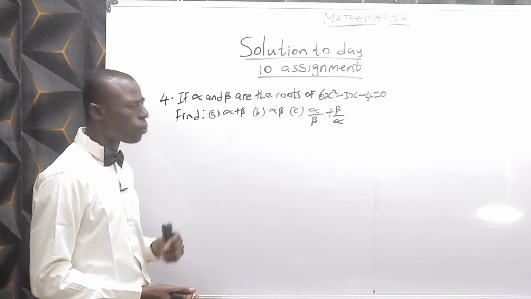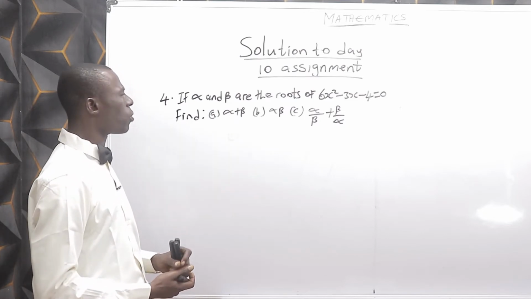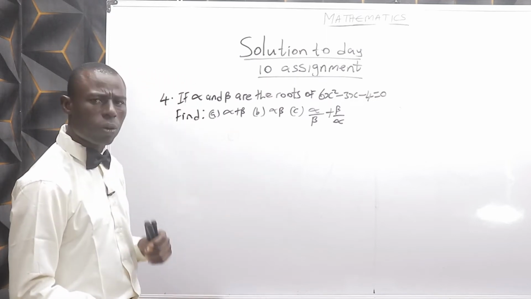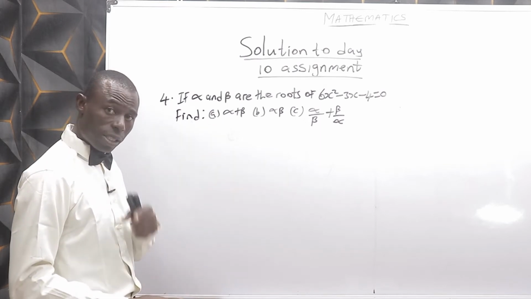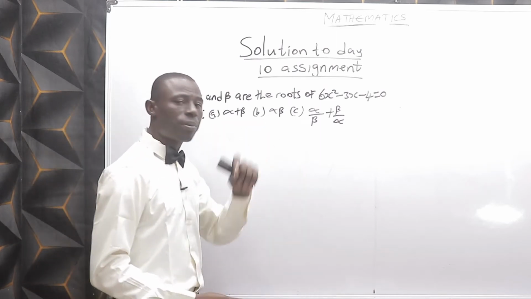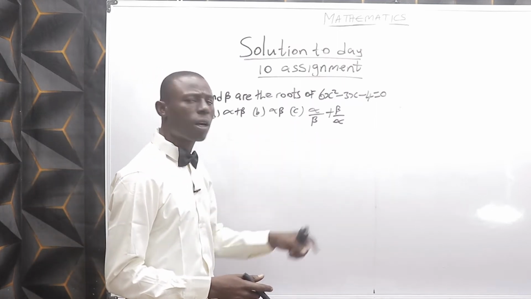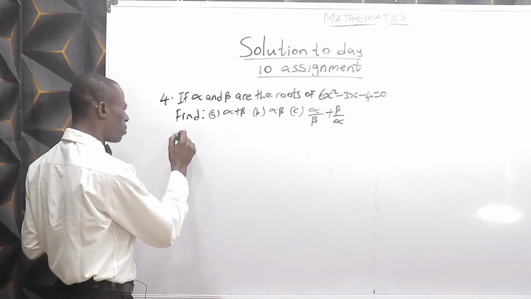Question number 4, which reads: if alpha and beta are the roots of the quadratic equation 6x squared minus 3x minus 4 equals 0, find A, alpha plus beta, that is sum. B, alpha beta, that's product. C, alpha over beta plus beta over alpha. How do we go about this? Number A,